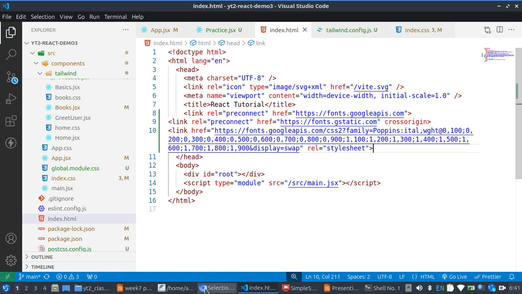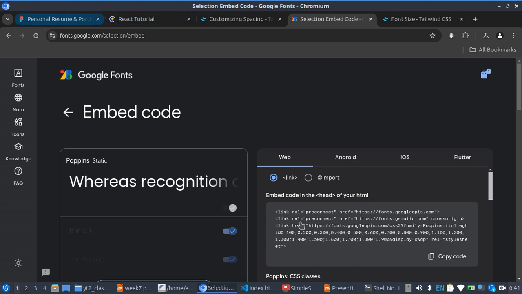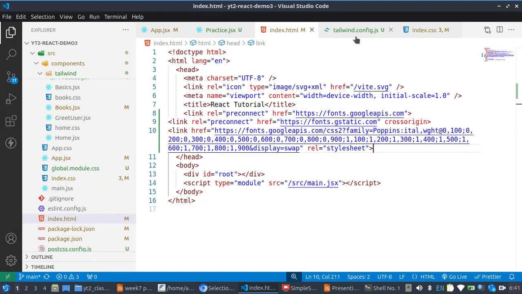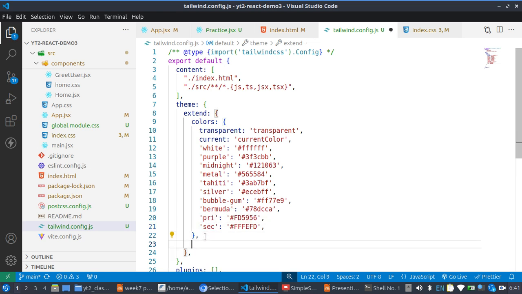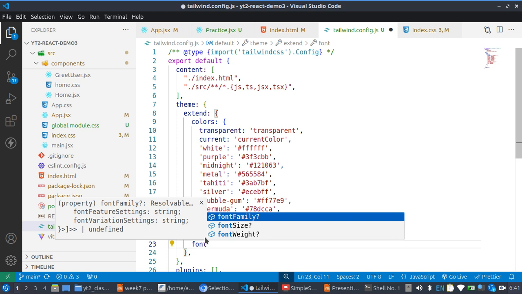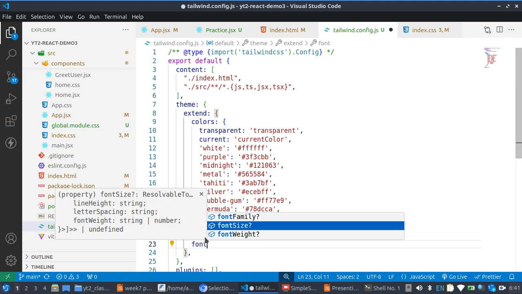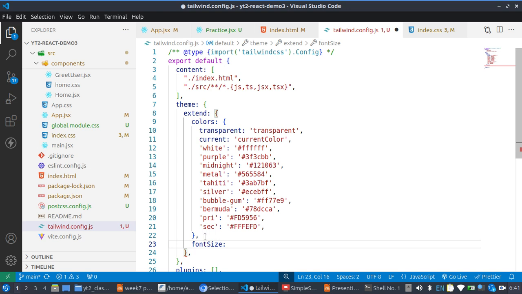Then the last thing is I need to go to my React, my Tailwind.config, then I will extend this now to include font family. So if I want to add my custom font size, let me show you that one since it's in the slide. So the custom font size, so I can have like lean, I can have